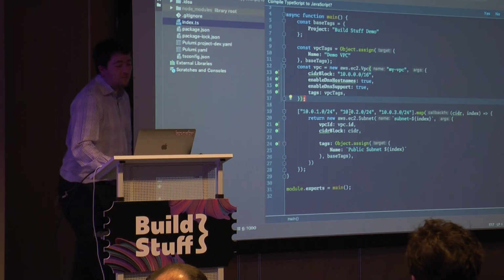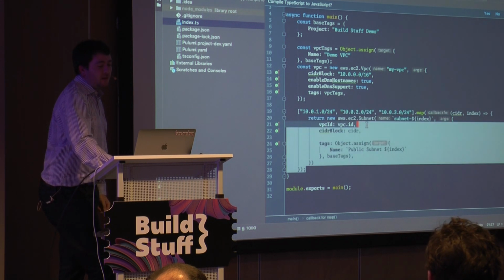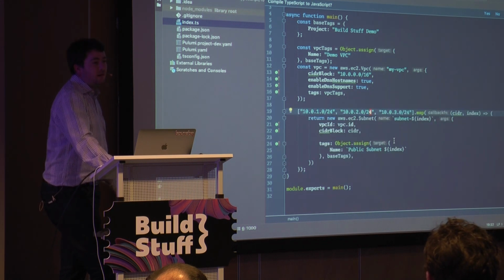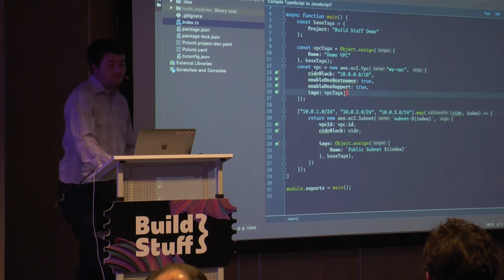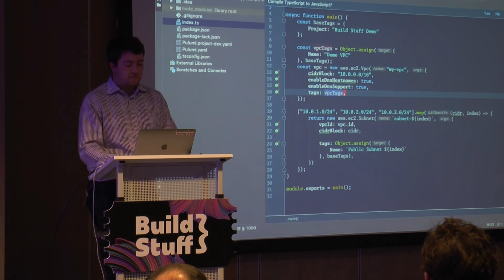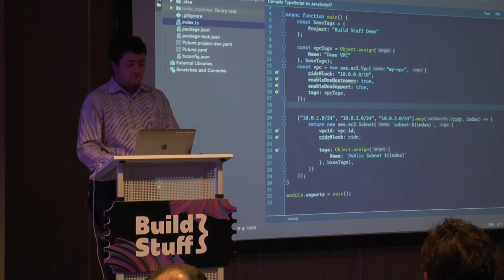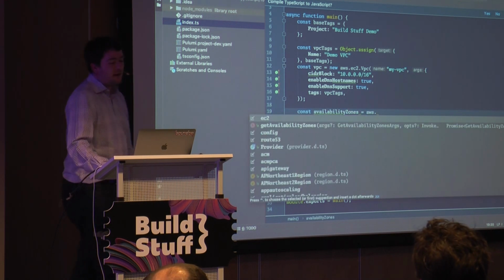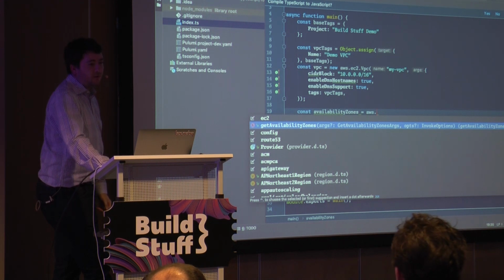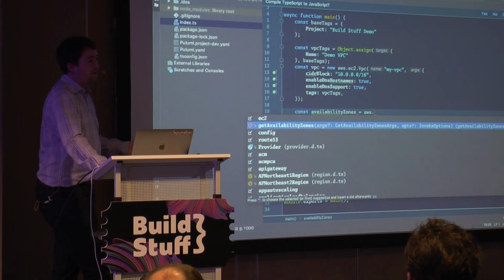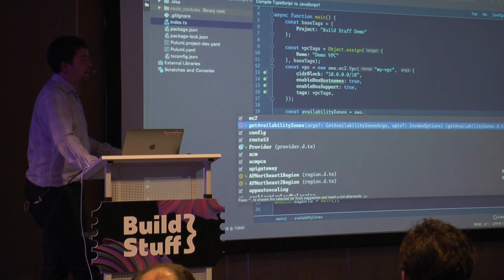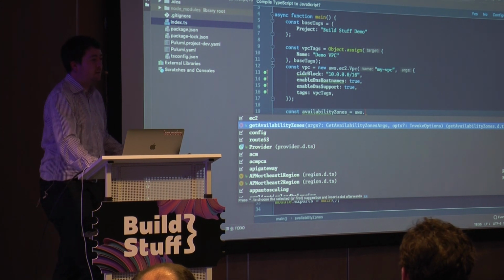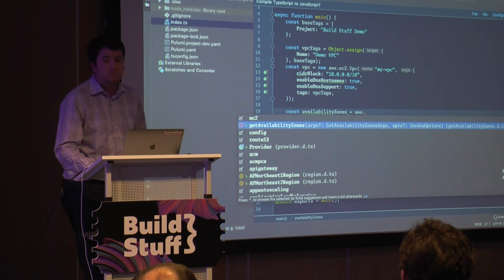So here, we know that we have 3 subnets that we'd like, but we have no idea how many availability zones we have. So we can go query that. So we could say availability zones equals AWS, and then we have a bunch of functions exposed via the API. So you can go query almost anything that exists in your AWS account using this, or you could just go make a regular HTTP call using an HTTP client or any other client library that you want.